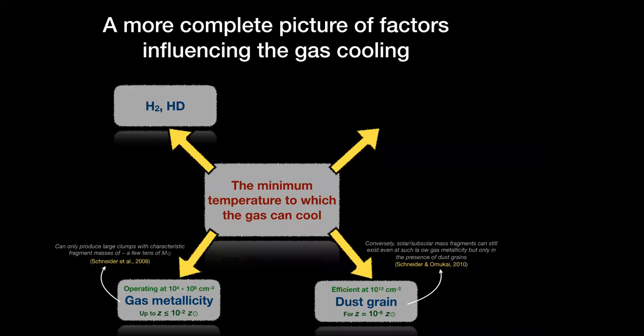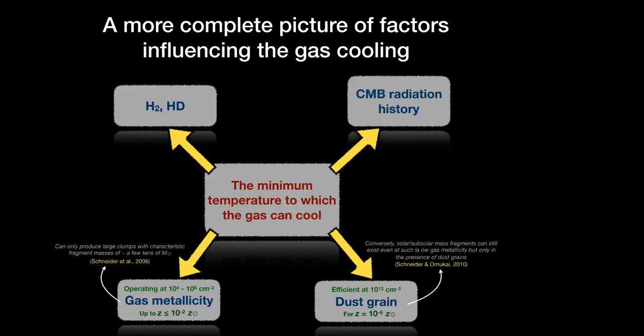So what we have seen is that perhaps the H2 and the HD, these agents could provide the cooling. And then the gas metallicities can also provide the cooling and let the star formation occur. And then we also see the dust is present later on, and that provides the cooling, and the star formation is happening in a more efficient way. But the question is, is this the entire picture when it comes to the star formation and the masses of the stars that we are going to address? It seems that there are certain things which are still missing.